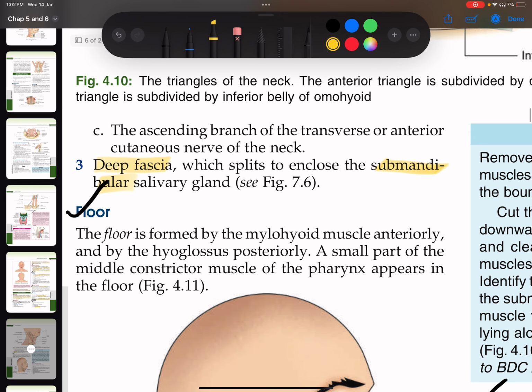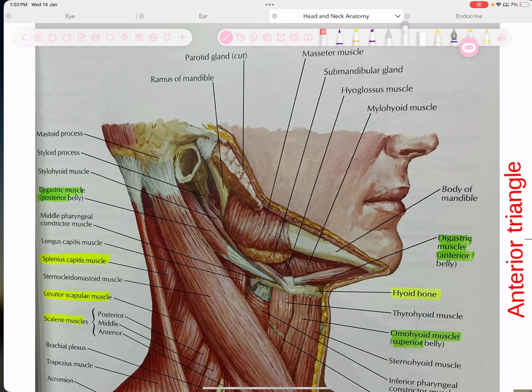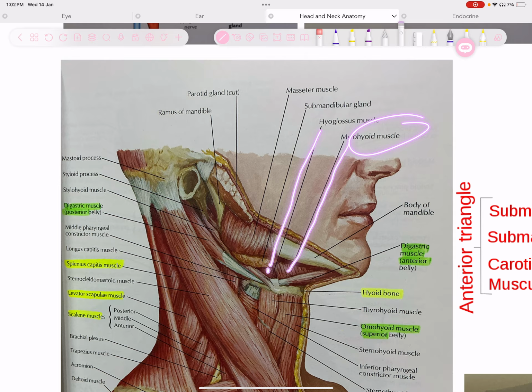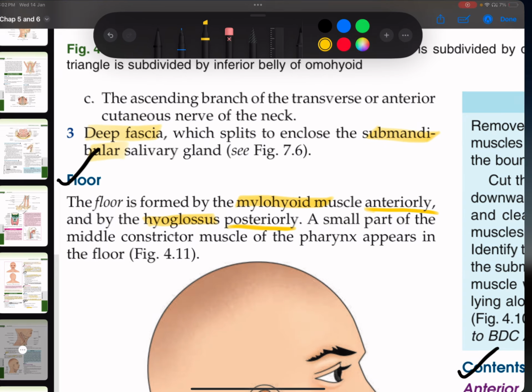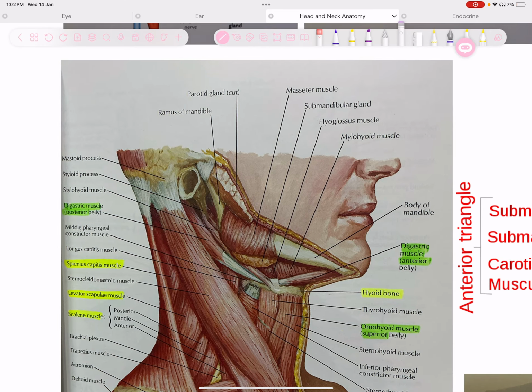Now the floor is formed by the mylohyoid muscle anteriorly and by the hyoglossus muscle posteriorly. So anteriorly we have mylohyoid, posteriorly we have hyoglossus. So let's just look at that as well. So see, anteriorly is the mylohyoid. So mylohyoid, right? And posteriorly we'll have the hyoglossus muscle. So hyoglossus and mylohyoid. A small part of the middle constrictor muscle of the pharynx appears in the floor. So even middle constrictor of pharynx, a small part of it also appears. So that also, if you want, you can mention. It's not clearly visible here, but